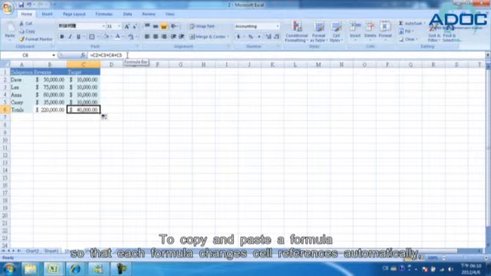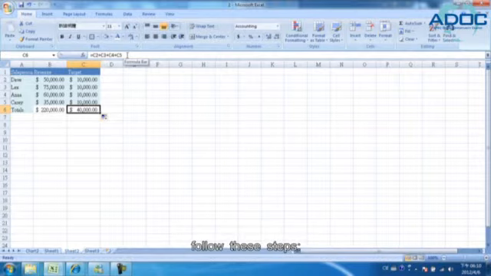To copy and paste a formula so that each formula changes cell references automatically,